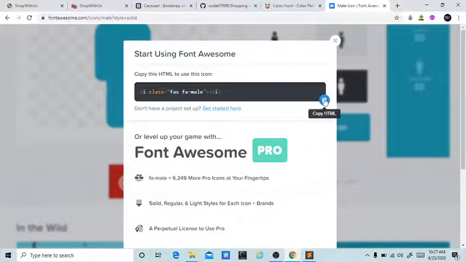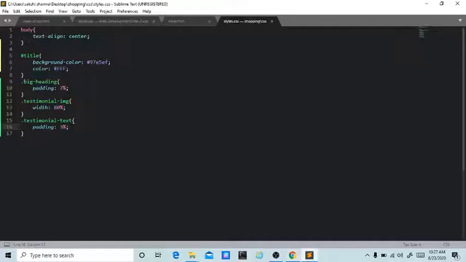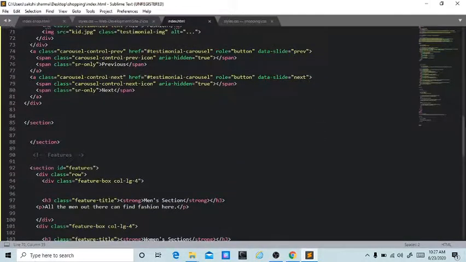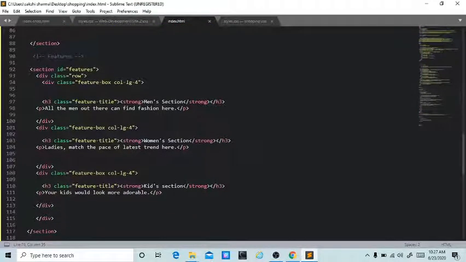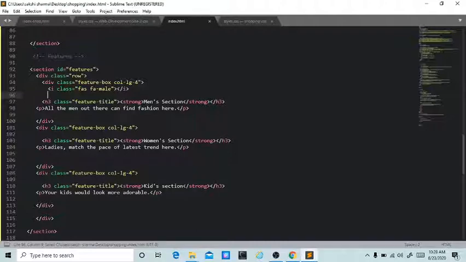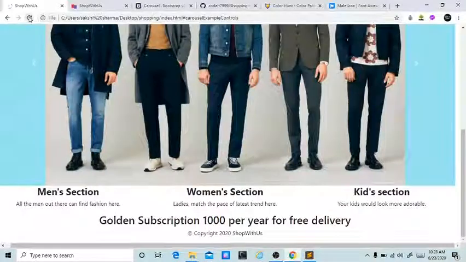Copy and paste where you want, like in the section feature, under this div class feature box. And let's refresh. You can see we didn't get